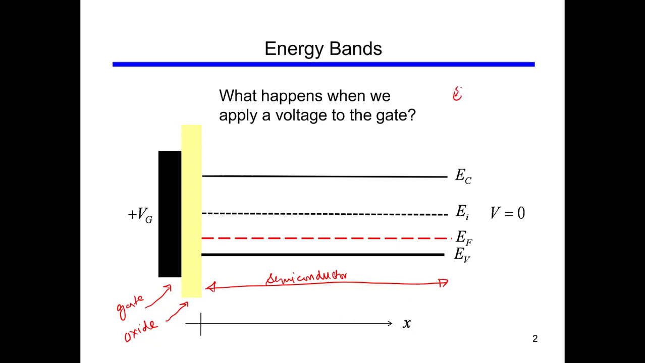So by bands I mean EC, EI, EF, and EV. So EC is the conduction band, EI is the intrinsic band, and EF is the Fermi band, and EV is the valence band. Okay,